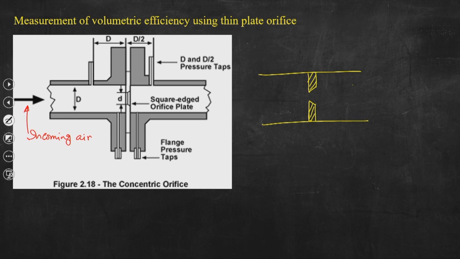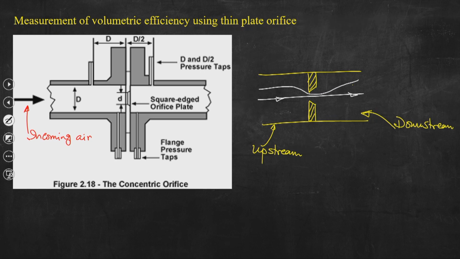This is the orifice plate, and this is the upstream of the orifice meter, and this is the downstream side of the orifice meter. Now, if we draw the streamlines,